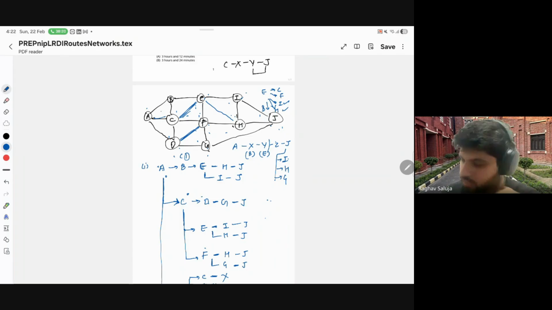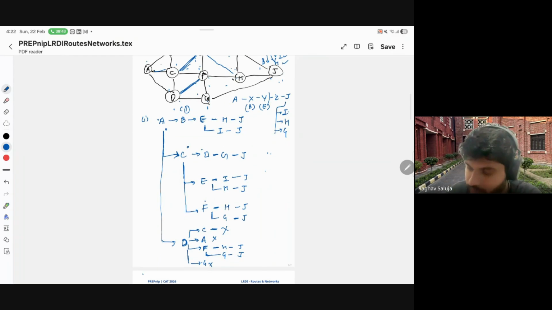Correct. मैं G पे ही खड़ा हूं. तो other two neighbors of J कौन कौन से बचे? H and I. Sorry. Other two neighbors of G कौन से बचे? H and I. Can I reach H and I from G directly? Nope, I cannot. इसका मतलब there is no path possible. So इसका मतलब the paths possible are